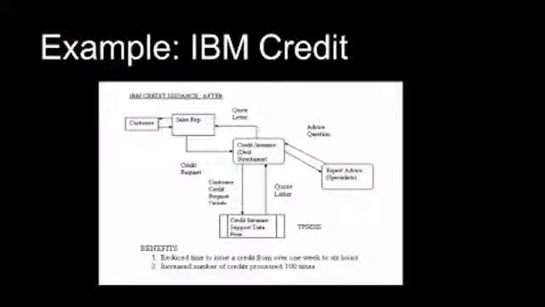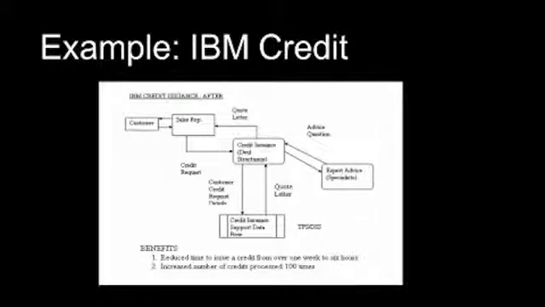In the end, IBM Credit replaced its specialists, the credit checkers, the pricers, and so on, with generalists. Now instead of sending an application from office to office, one person called a deal structurer processes the entire application from beginning to end, no handoff. So the sales rep would call directly to a deal structurer. That person, using a computer system to help guide them, would be able to fill out everything. In the few cases that there were exceptions, those few that took a long time before, they could hand those off or use the services of the specialist. But now we had multiple people doing this too, so there were several paths it could go.